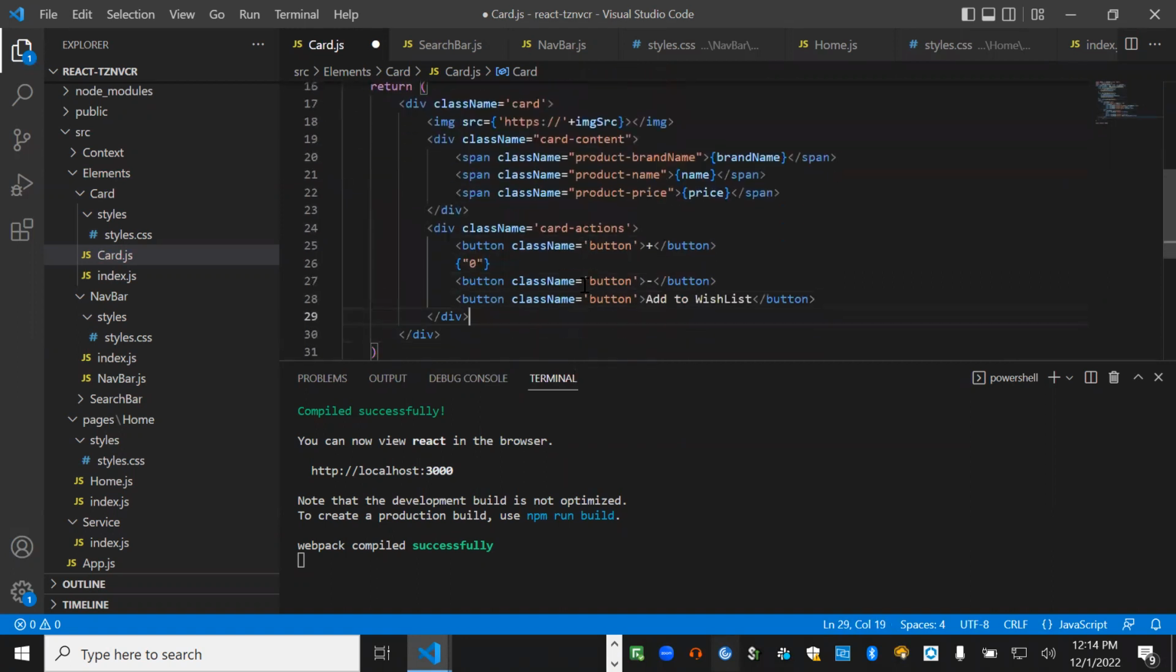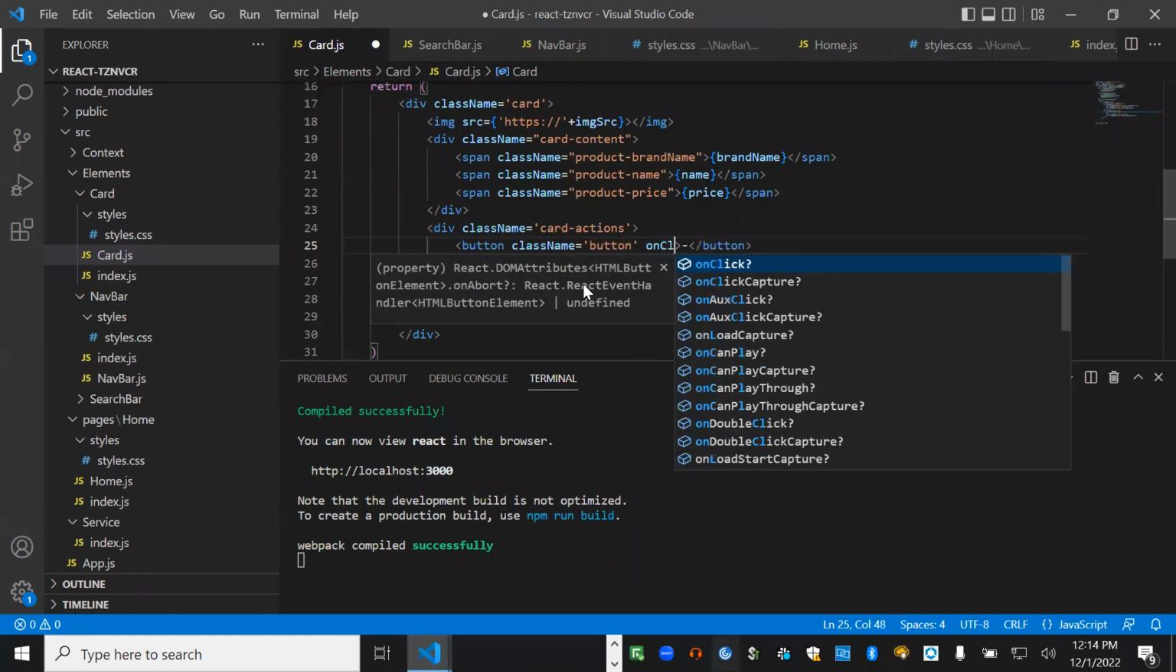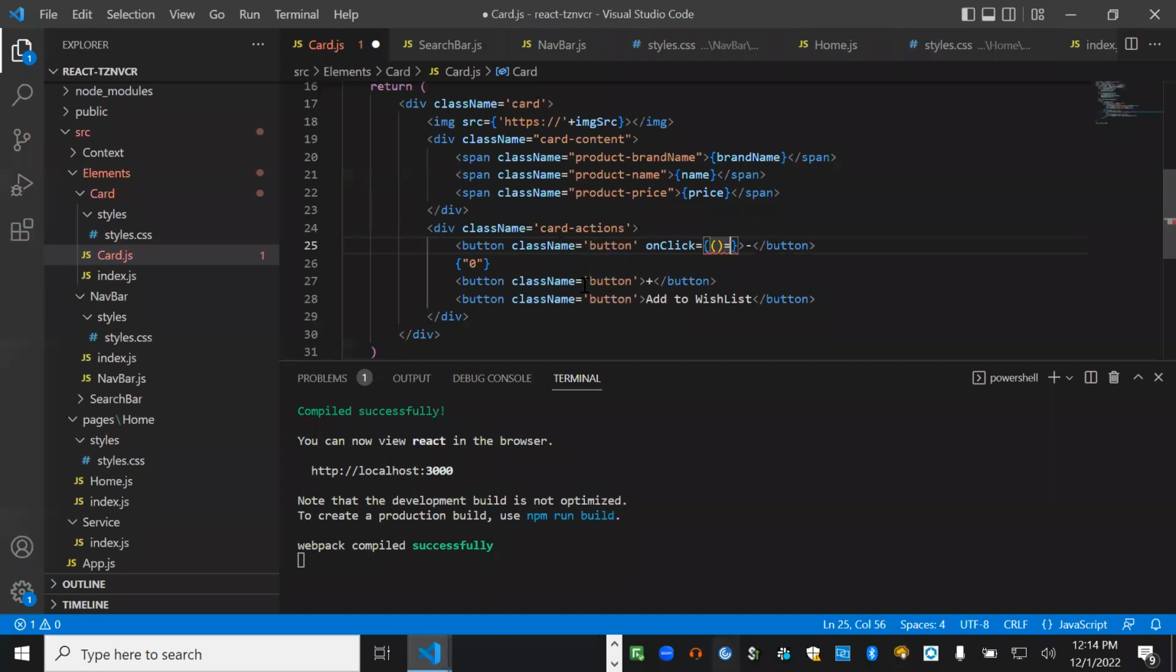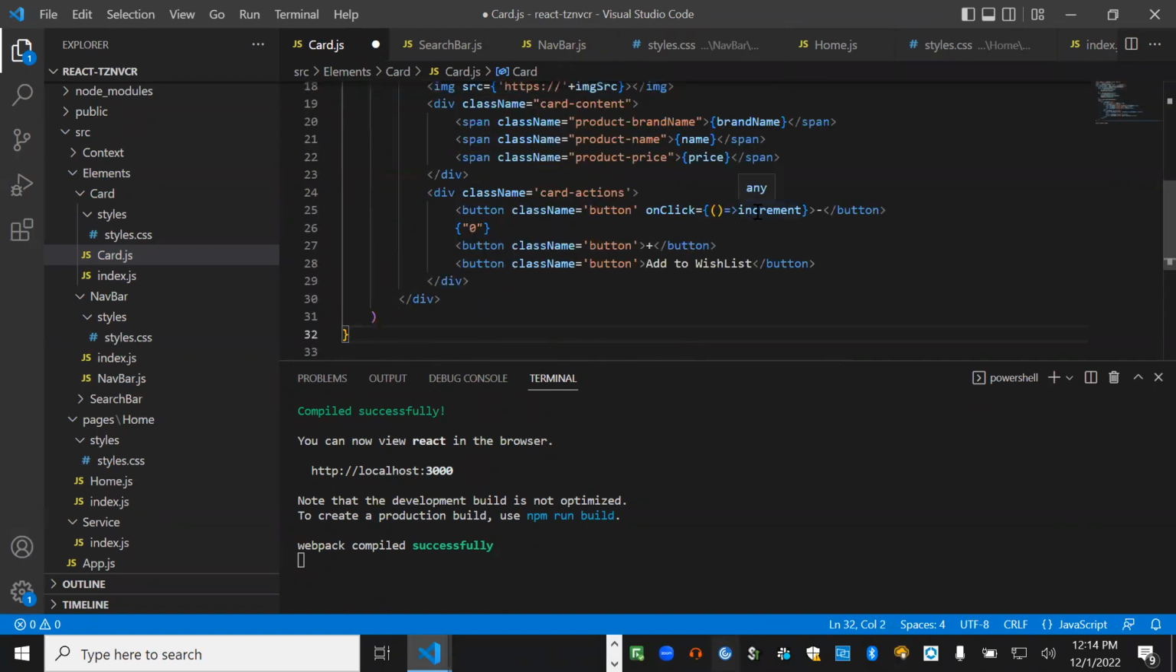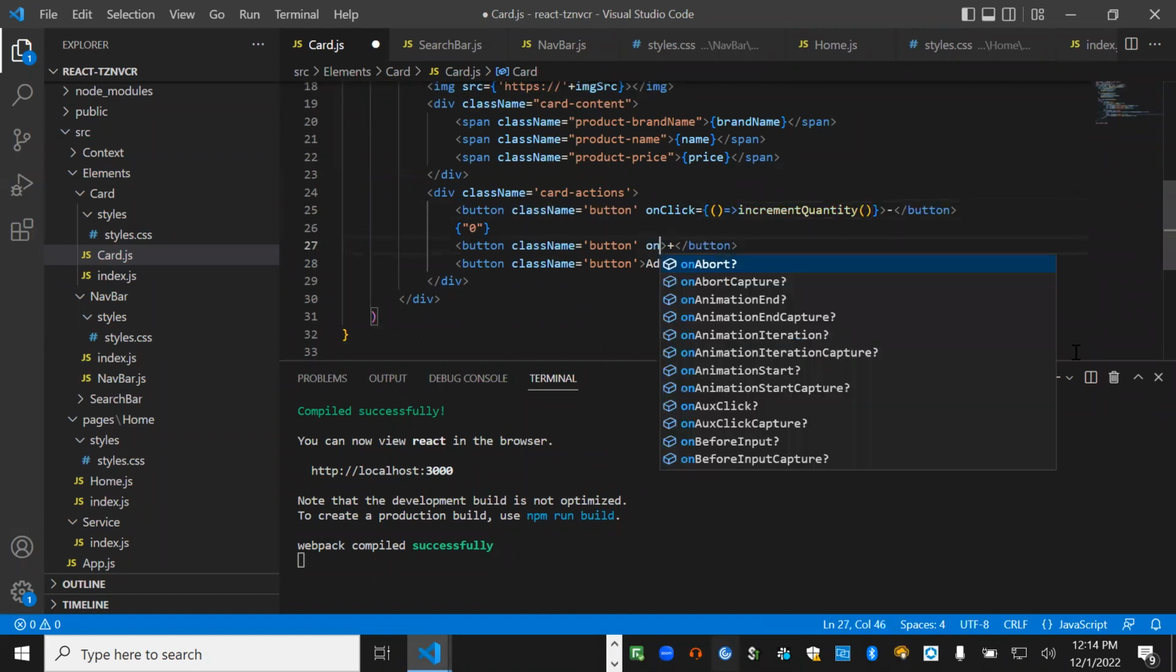Now we can simply associate our buttons. One more thing I was thinking, this should be minus, this should be plus, just a UX thing. And on click of this button, we execute the increment. And here, on click of this button,